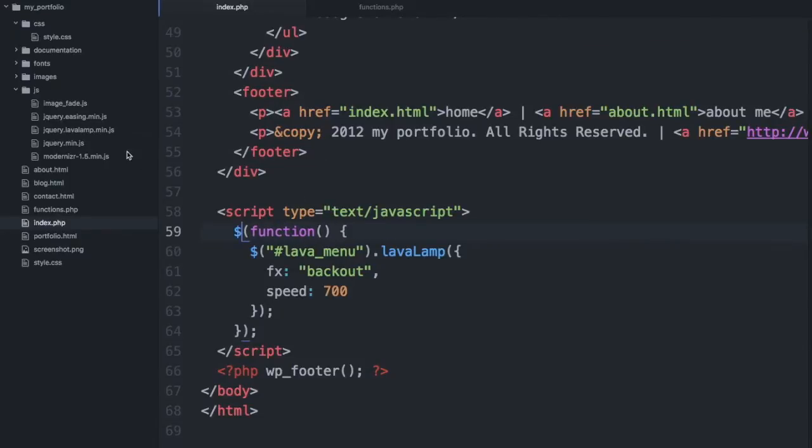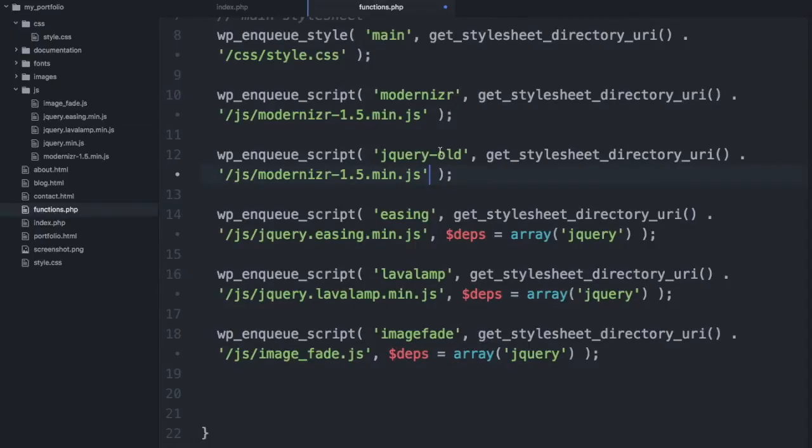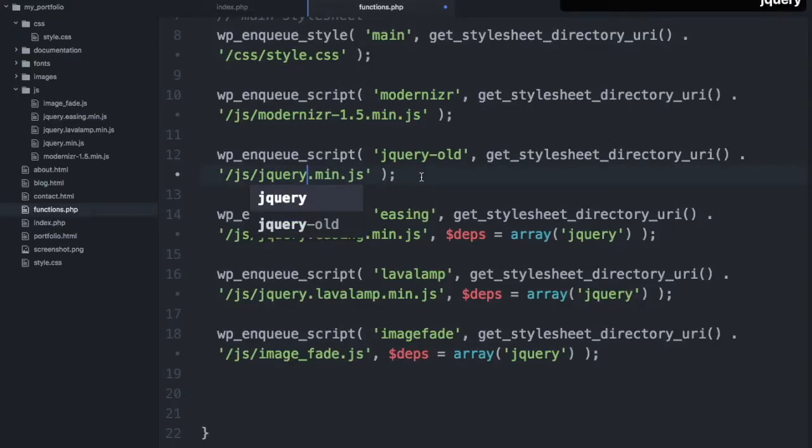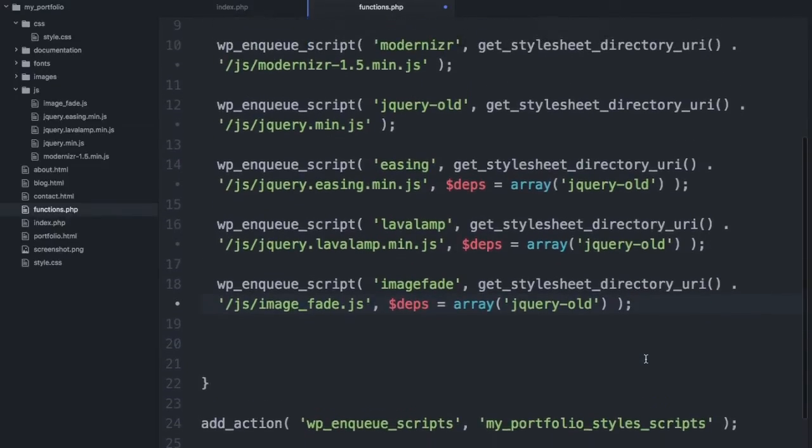Instead of doing that, because we have several other JavaScript files, we are going to just include the older version of jQuery. And I'll just call this jQuery old. And I'll copy the path just like that. And I'll change this to jQuery. And for the dependencies here, I'll put jQuery old. Now doing this